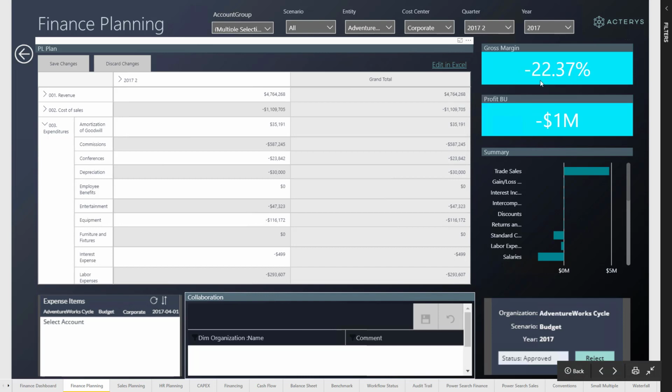But we also have other elements here, the typical Power BI elements to give the planner an idea at any stage what are the implications for key ratios, for example on the gross margin percentage in this case, and the profit percentage, the summary, overview, approval processes. So here we've connected Power Apps based approval processes that also link Microsoft Flow. So this means when somebody submits their planning process, it will go to the next stage. Manager can approve